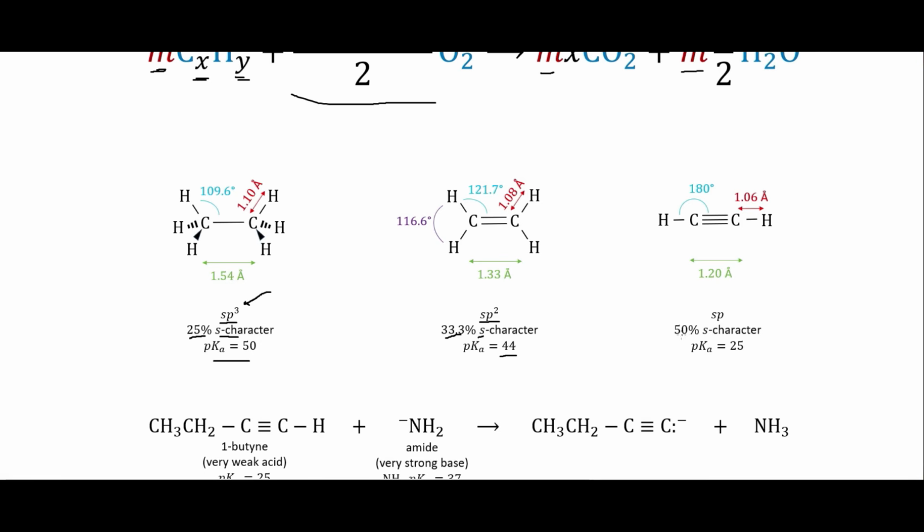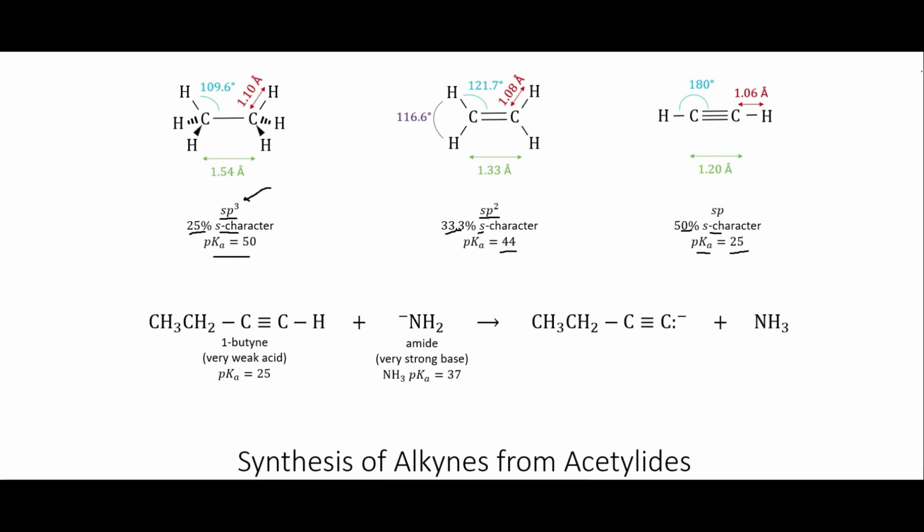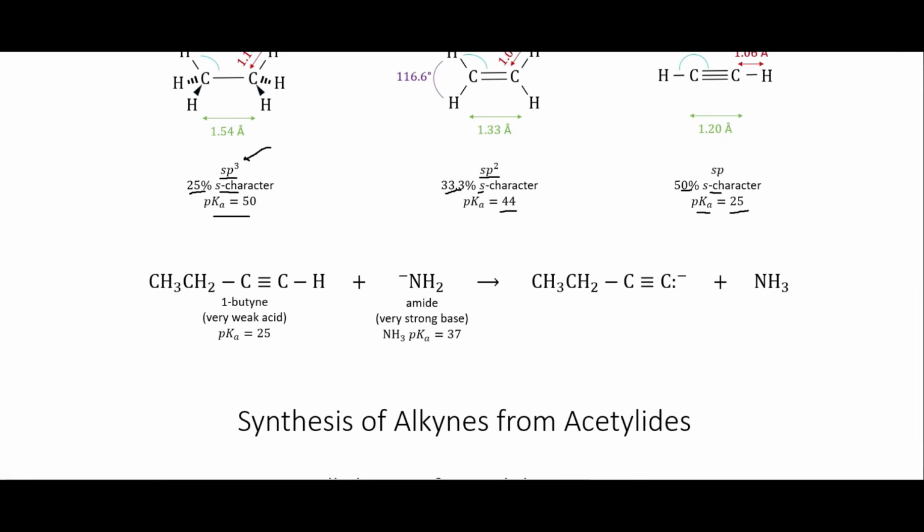Then we get to the 50% S character on our alkynes, and we have a pKa of 25, which again is not a great acid, but we can see that it's considerably better than these other two at being an acid, and so it actually becomes somewhat possible to deprotonate these things and use them as bases